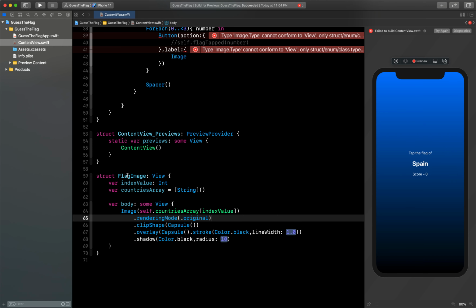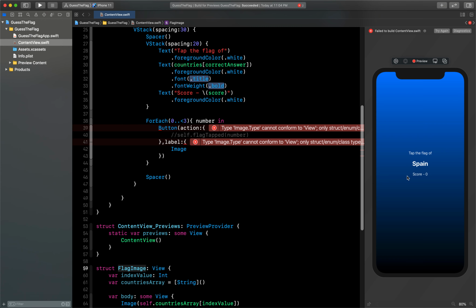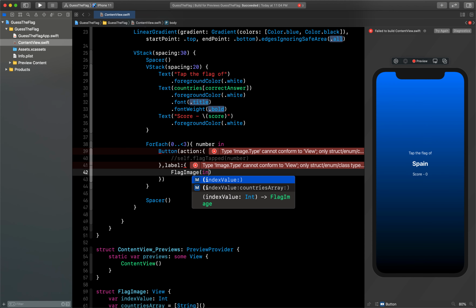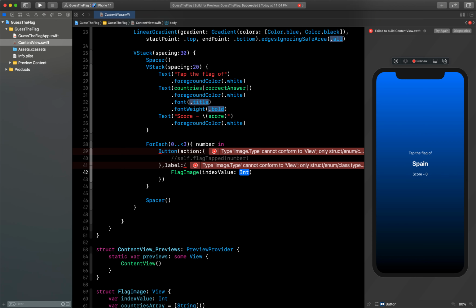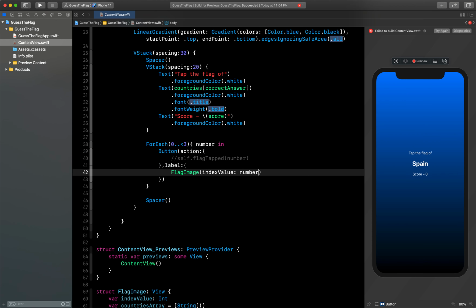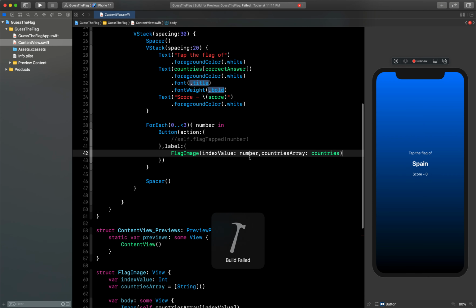So now we can use this FlagImage here so that it will reflect here and you will understand what we are doing. So let's use FlagImage, and we need to pass these 2 values. One is the index value, which is the number we have selected here, and also we need to give the countries array, so I will say countries array, and here we have countries. Now let's click on try again.